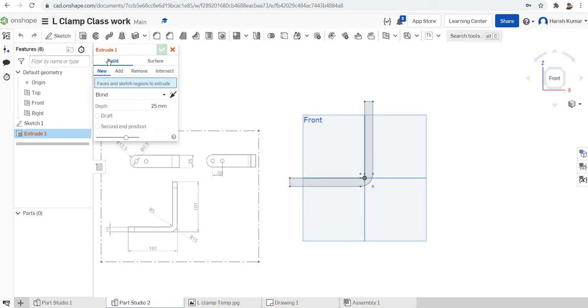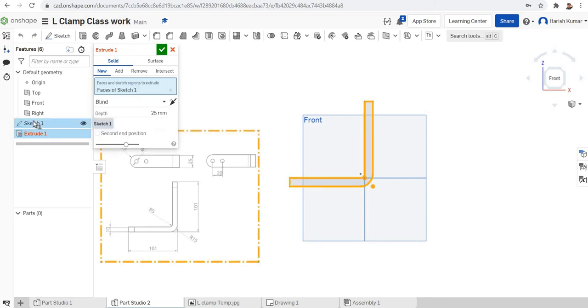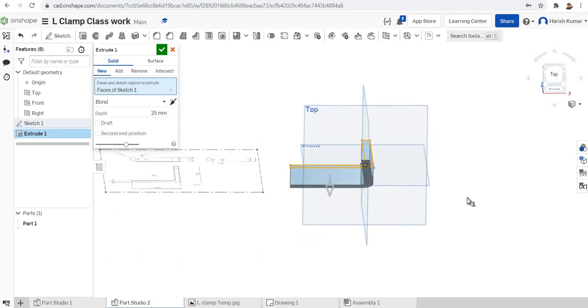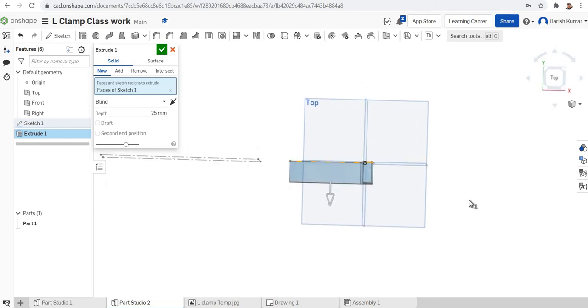So first we select the solid, new, then click on the profile. You can click here or you can go to the sketch. And what is the depth of the extrusion? It is 25. What I'm going to do is try to make it in both directions.